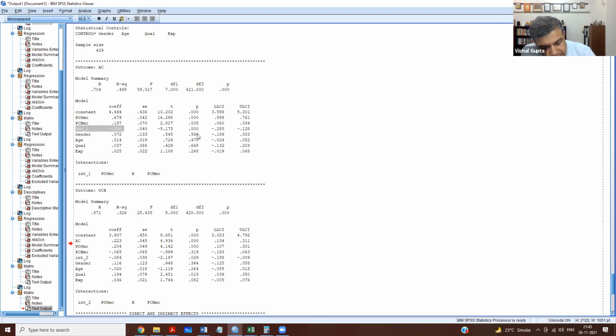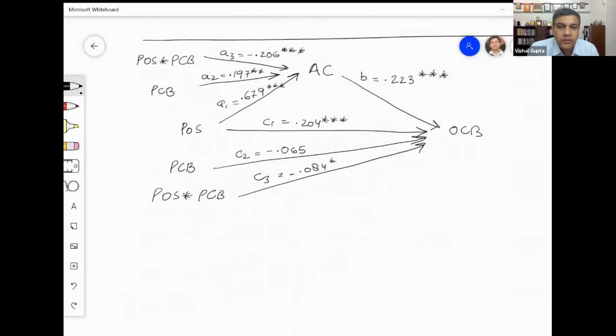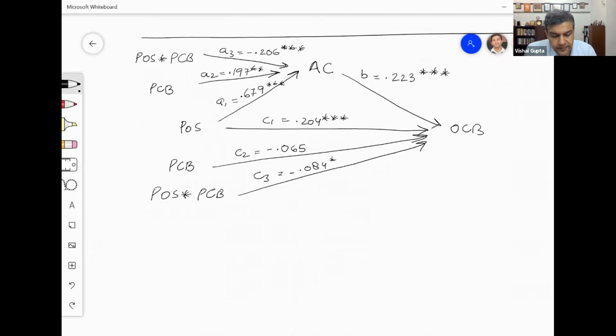What is it? It is significant at triple star. Right, so now we have completed our diagram. This is what we have got. So we have written down our values of A1, A2, A3, and the path from AC to OCB,